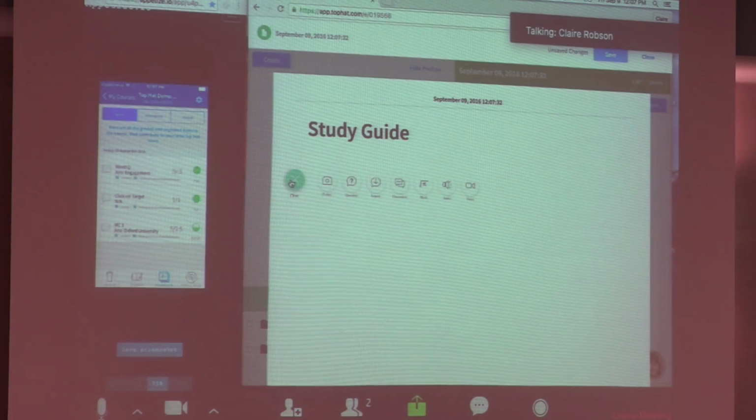You're able to add in images, questions, import videos, and post discussions. You can even embed math, because we are integrated with LaTeX. If you are interested in having audio clips, you can do that as well, and video clips of yourself. So say you wanted your students to be able to watch a recording of you speaking in one of your courses, you're able to do that as well.